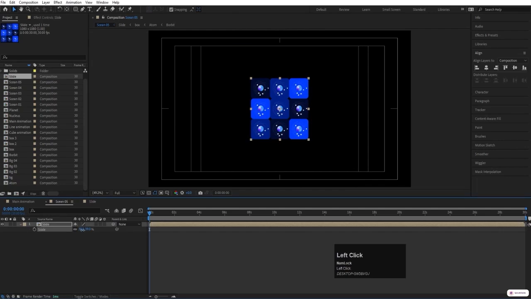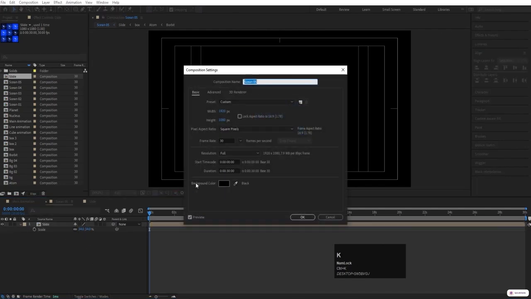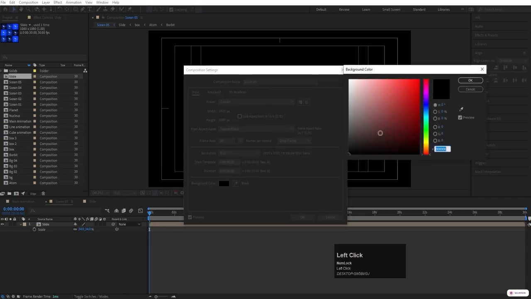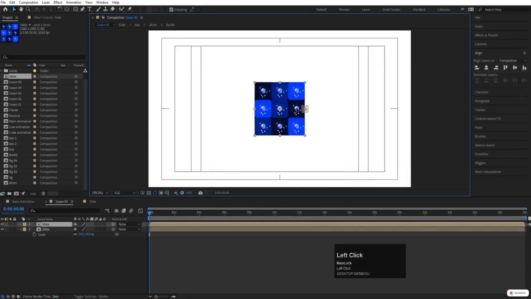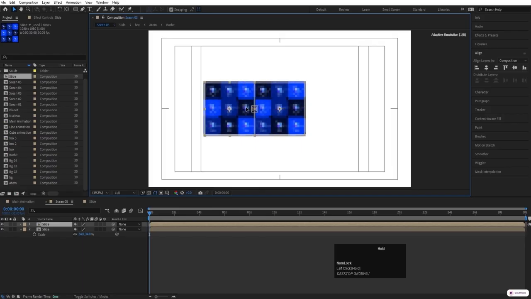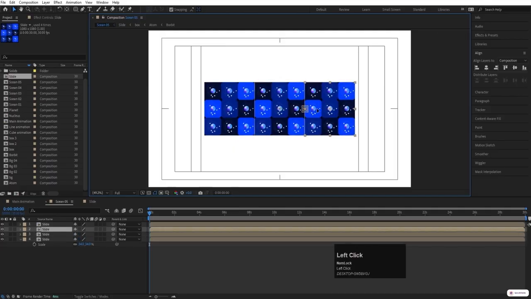around like this. Now we need to create a 3D box out of it. So for that, let's press Ctrl K and change the background color to white like that. Then select this and hit Ctrl D. We have already enabled the snapping tool, so we don't need to hold anything. Let's select this, hit Ctrl D, bring this point over here, again hit Ctrl D and bring